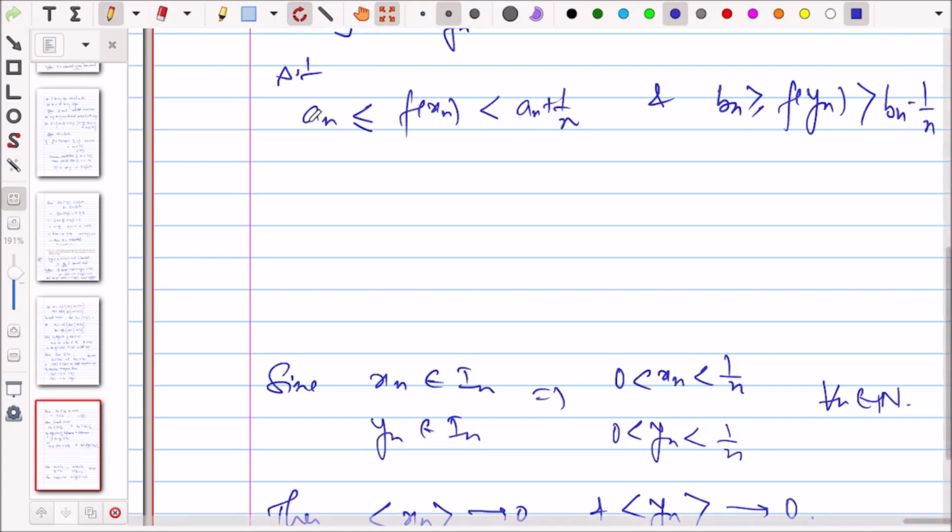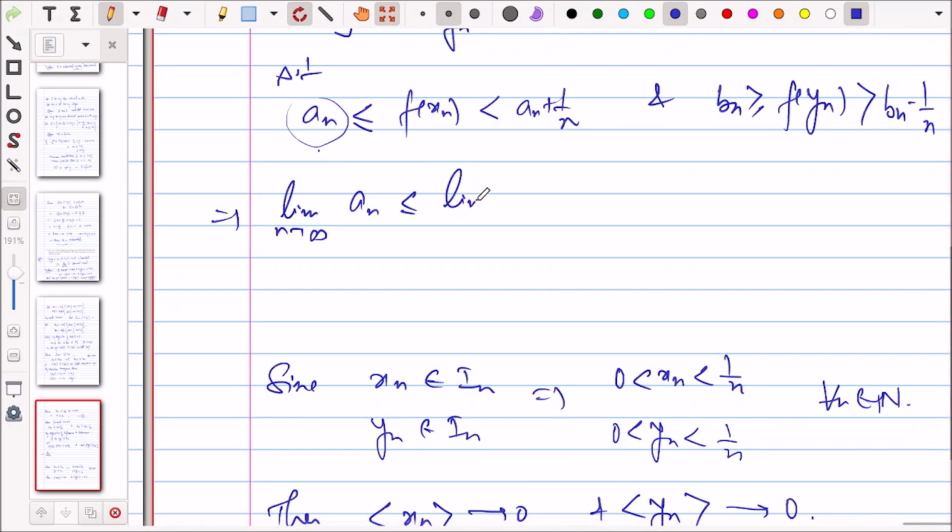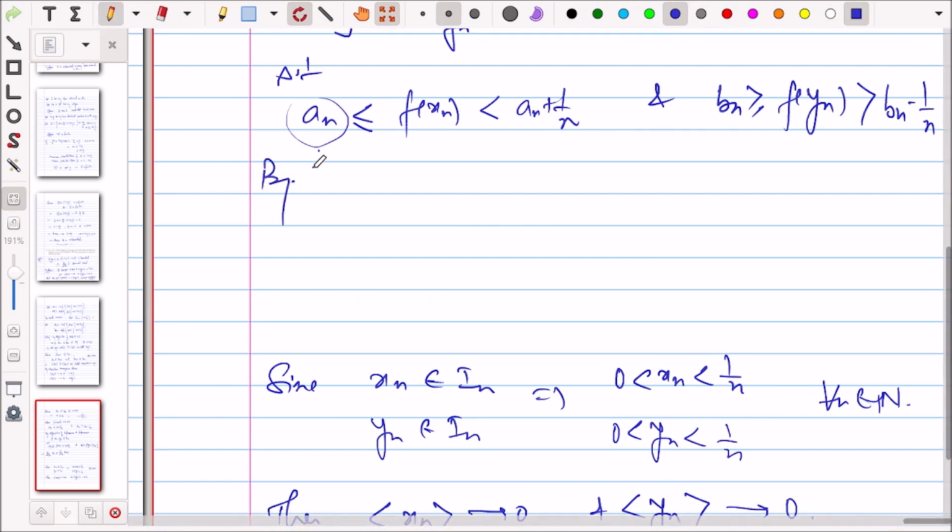Because this is converging to a, this converges to a and this converges to a. So this implies limit n tends to infinity an is less than equal to limit n tends to infinity f of xn, or we can simply say by squeeze theorem, by squeeze or sandwich theorem